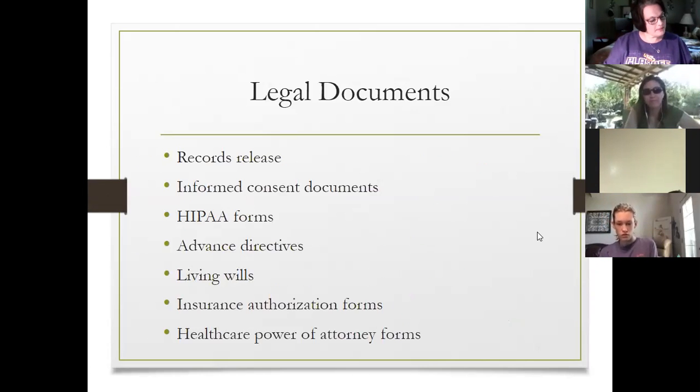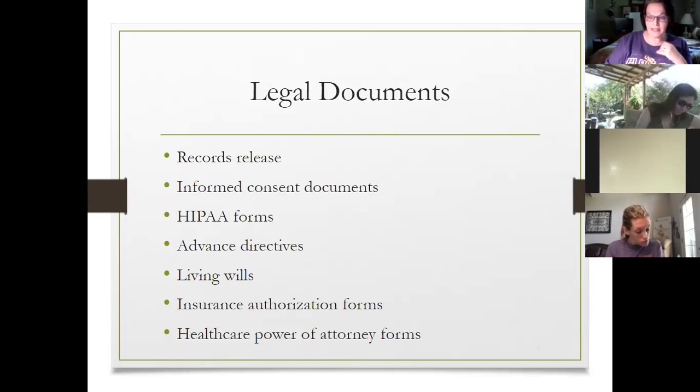Legal documents. On occasion, a patient medical record may be used during court proceedings for malpractice suits. We don't want any of those. Accurate documentation helps prove what, when, and why something happened. Some legal documents that are actually in the EHR are a records release, informed consent documents, HIPAA forms, advance directives,